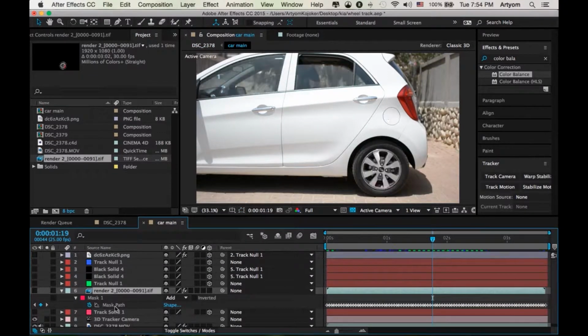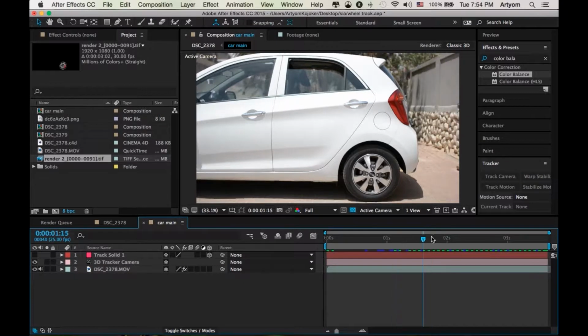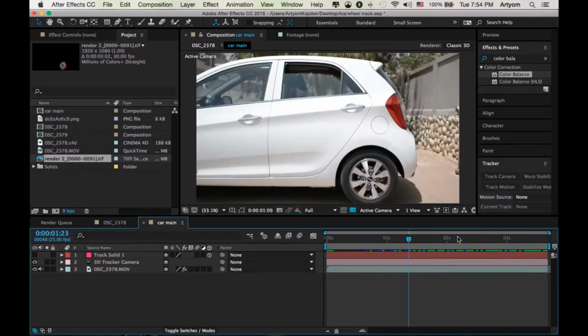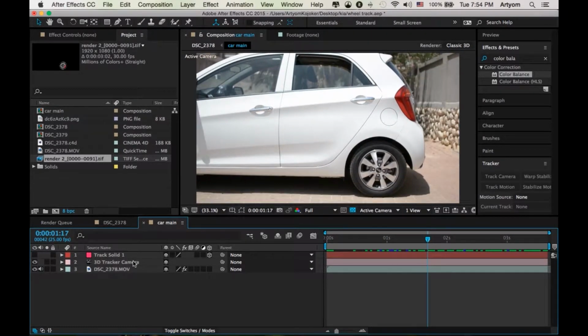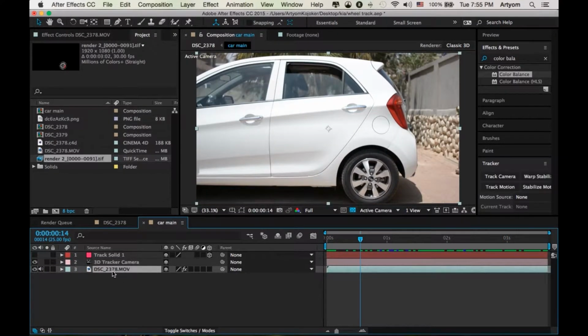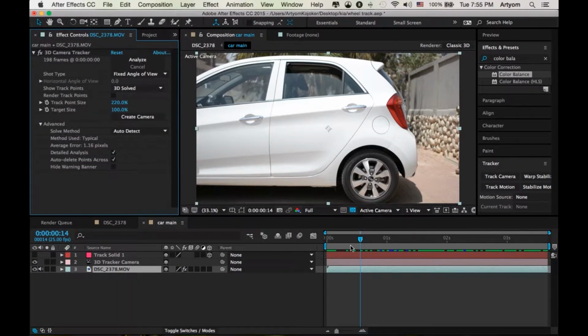Alright, so this is the stock. Alright, let me delete all of this. Alright, as you can see, this is my footage. It's a stock footage I shot yesterday. And alright, first of all, we need to 3D track this car. What we're going to do is right click, track camera, and